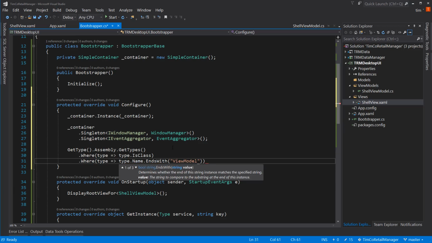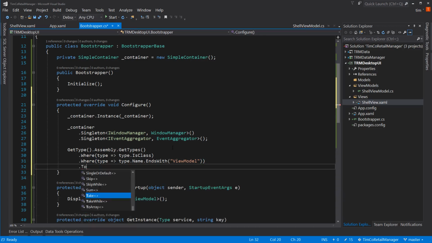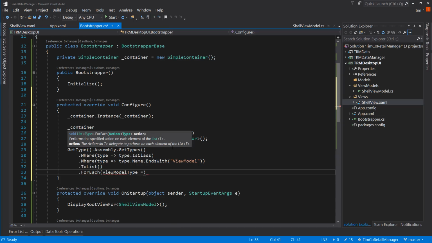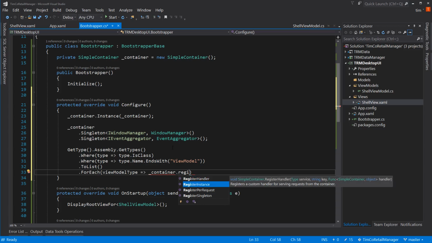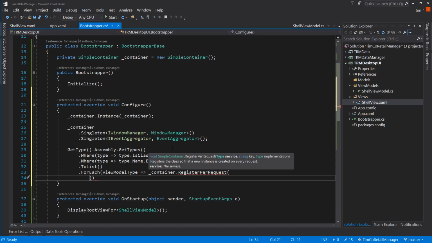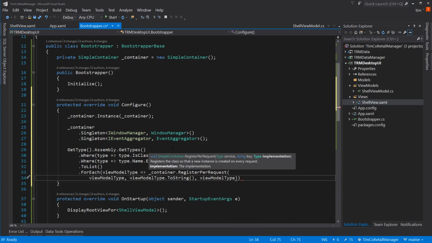You see where we're going here? .ToList().ForEach(viewModelType => _container.RegisterPerRequest(viewModelType, viewModelType.ToString(), viewModelType));